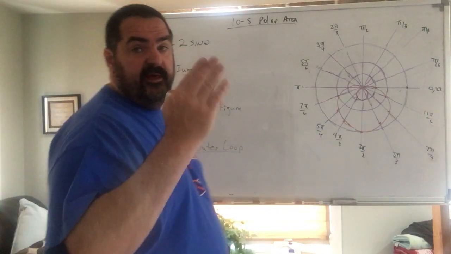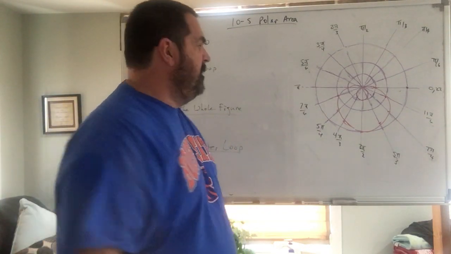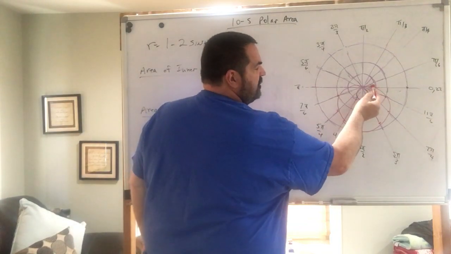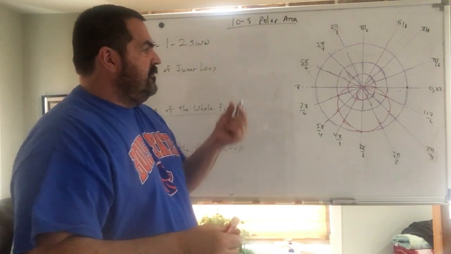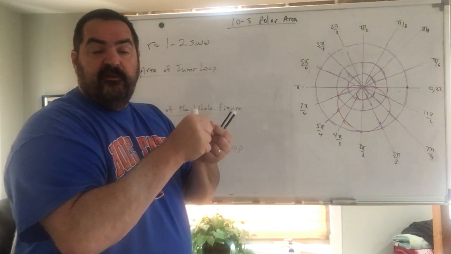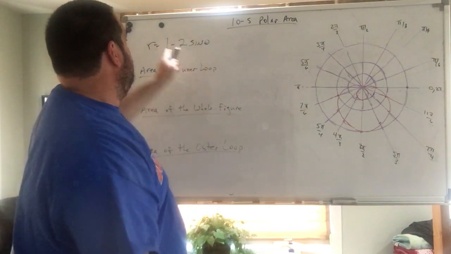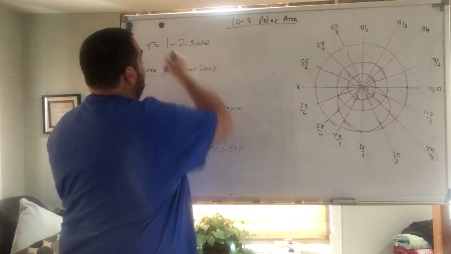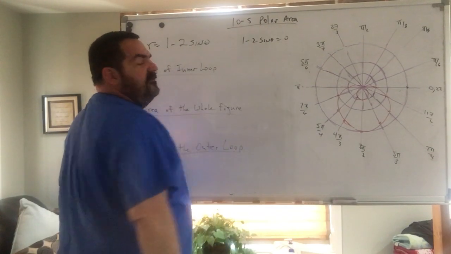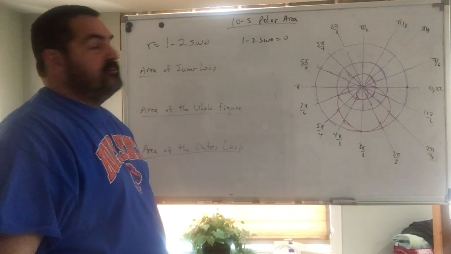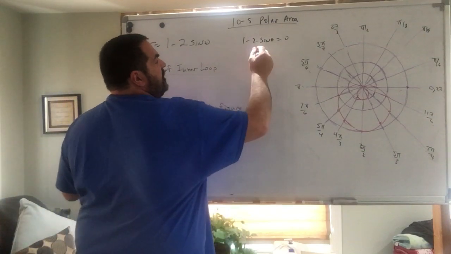So we need to know when the inner loop started and when it finished. If you remember, it started early. So it started and then ended. Well, when was that? The start and end of that little loop is when the radius is 0. So if you set the radius equal to 0, mathematically, this will be a much easier problem to solve. If I want to solve for theta,